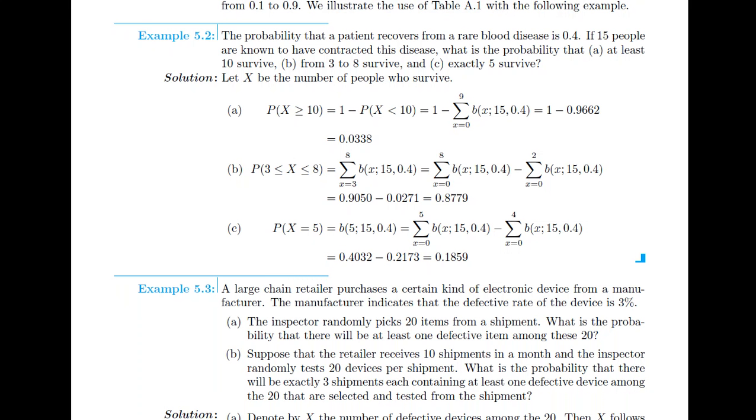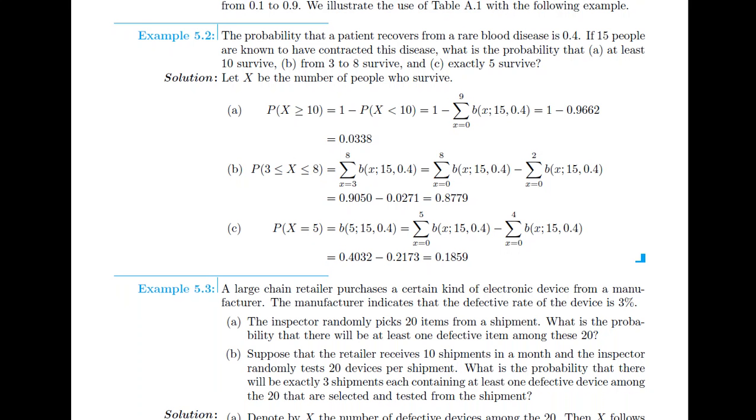The probability of X greater than or equal 10 is equal to 1 minus the probability of X less than 10, which is 1 minus the summation of the probabilities of X equal 0, 1, 2, 3, 4, 5, until X equal 9, which is equal to 1 minus 0.9662,